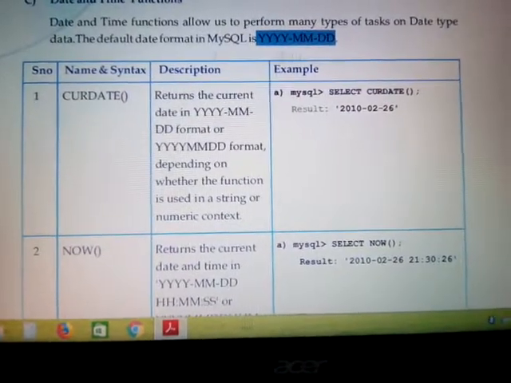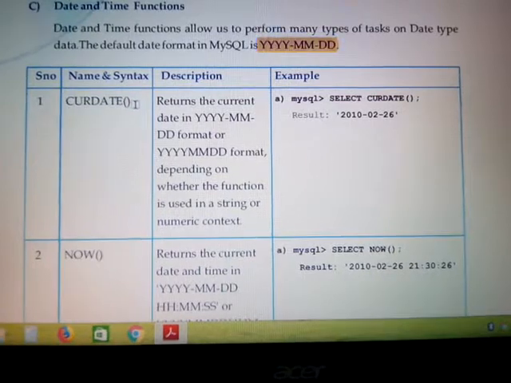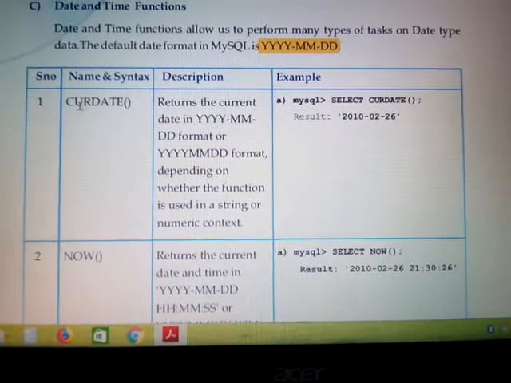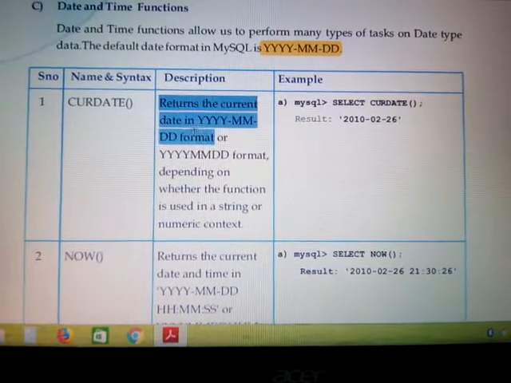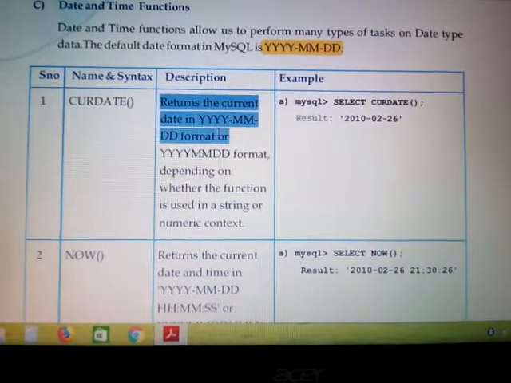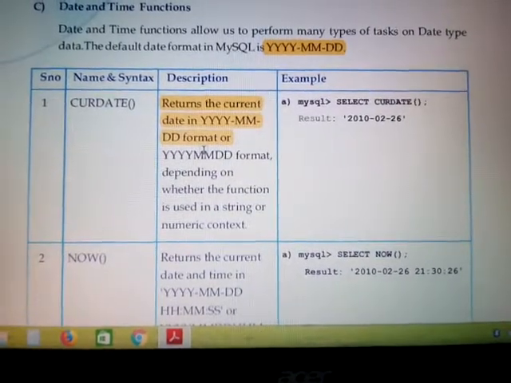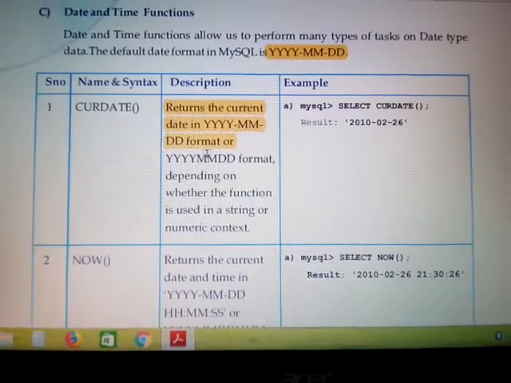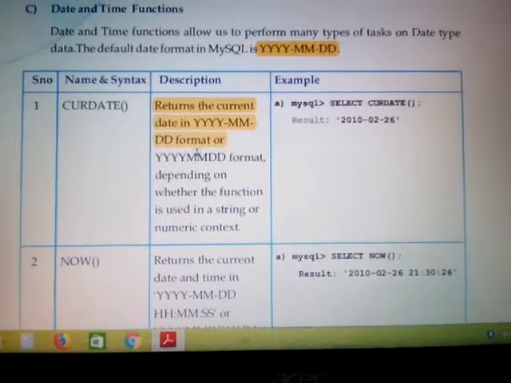Now let us see the very first one, that is CURDATE. CURDATE means current date. What is the meaning of this function? It returns the current date in year, month and date format. So if we want to see today's date, we write in MySQL: SELECT CURDATE.